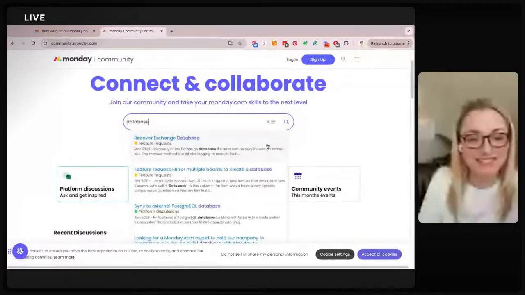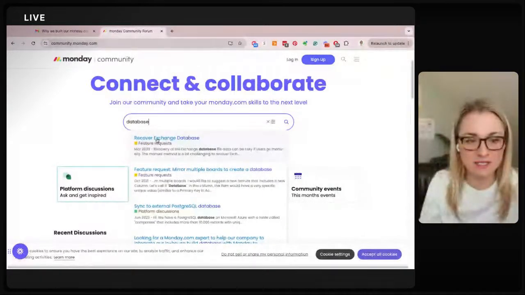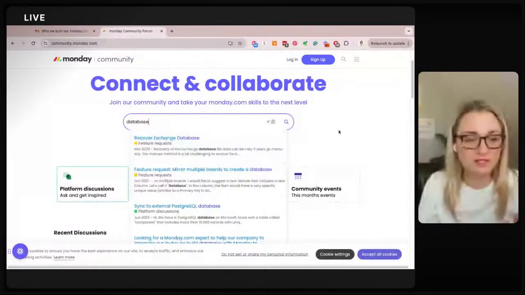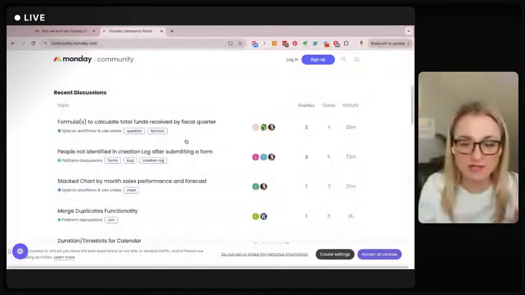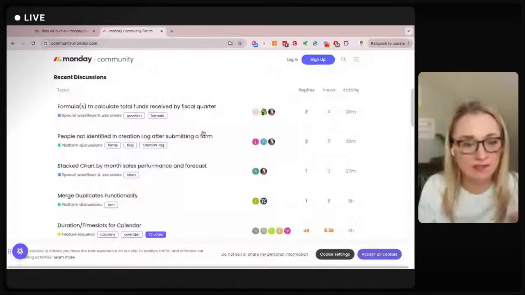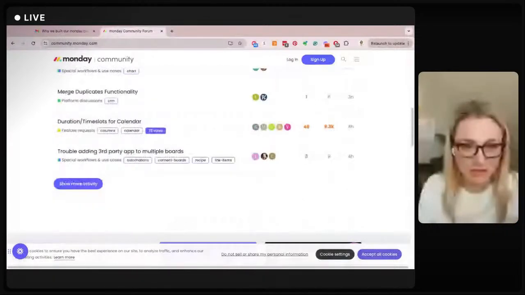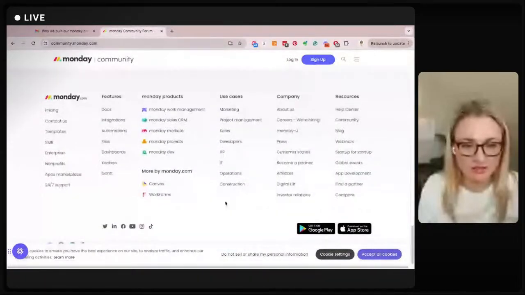And you can see here, when you do search, it's actually showing you stuff from the forum, and it's tagging by color which section of the forum it is in. So let's take a look at what Monday.com is using for their forum software. I can almost guarantee you, just looking at this for five seconds, this looks like a discourse.org community. You can just tell. It just looks like one.